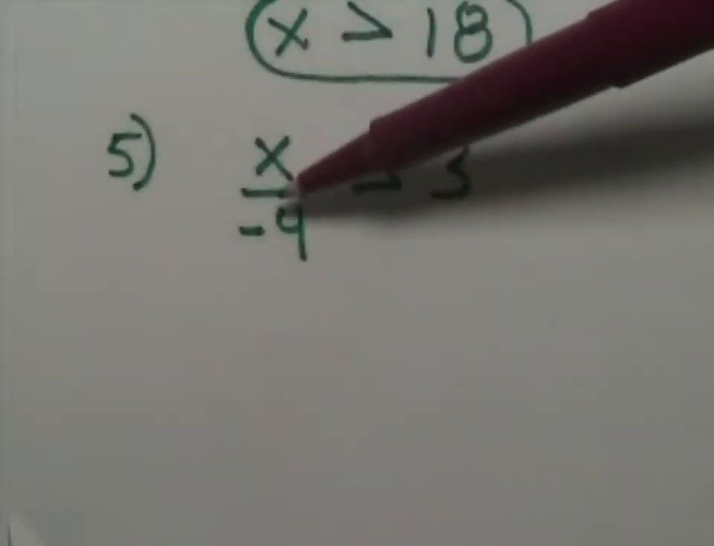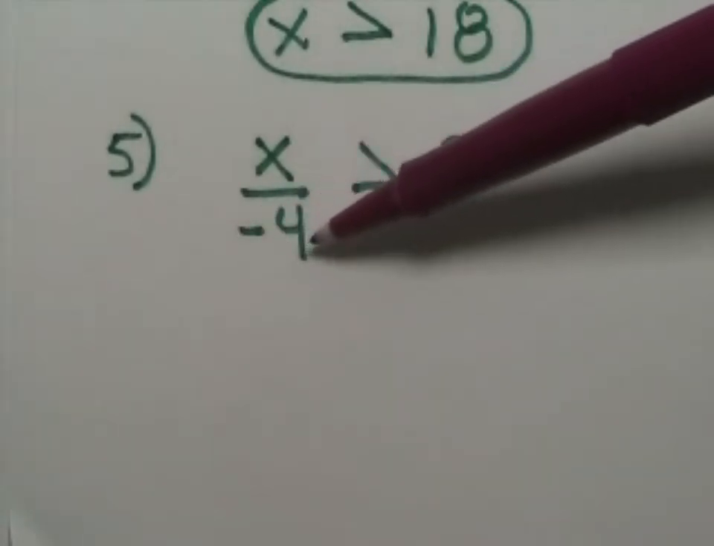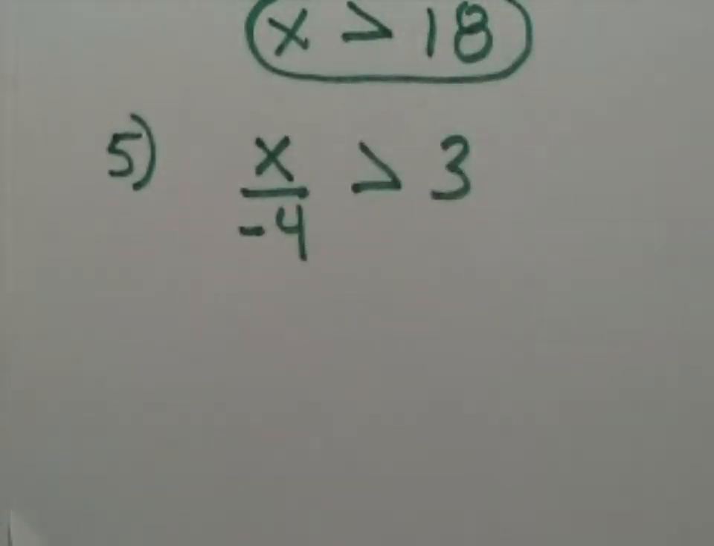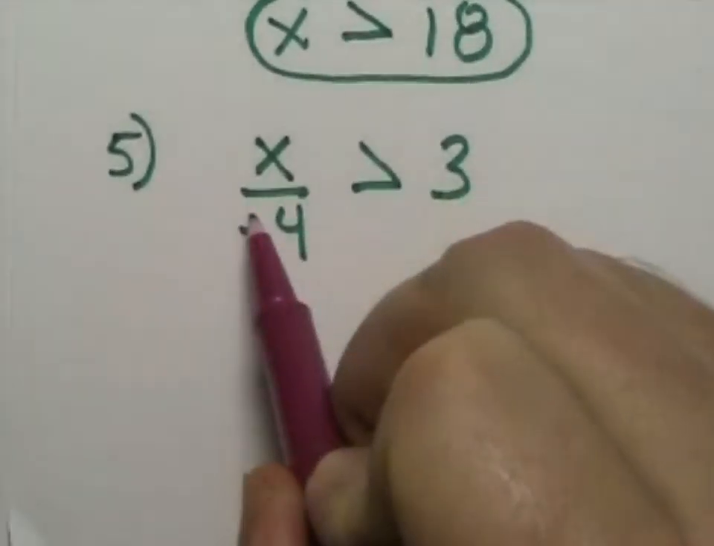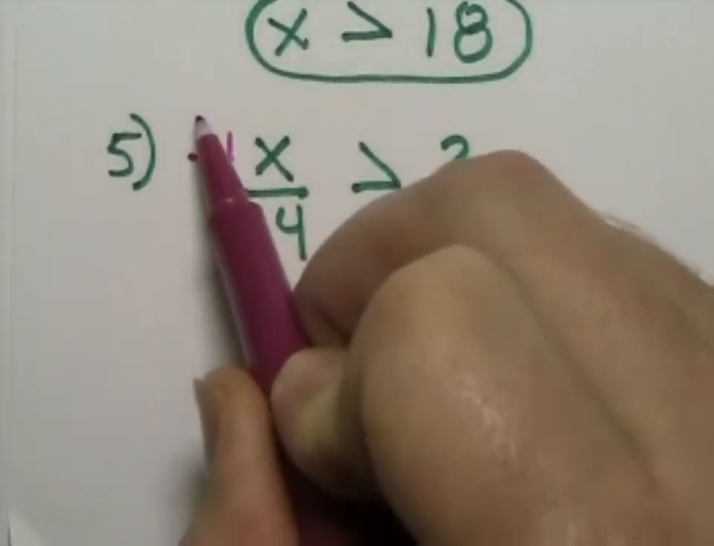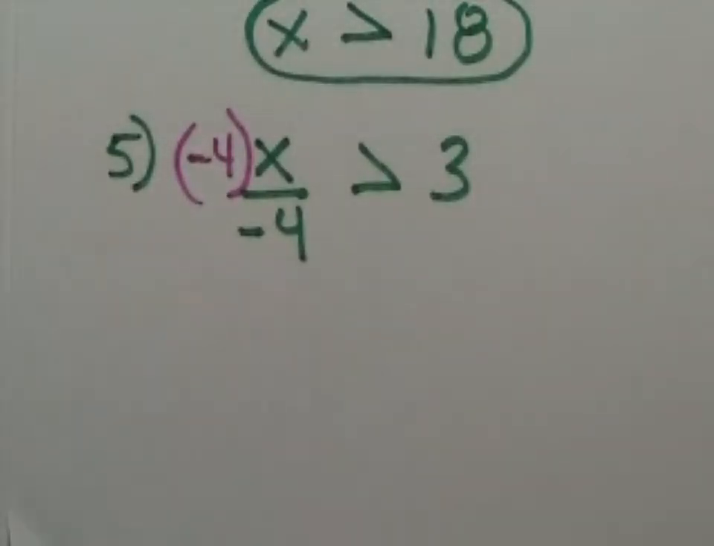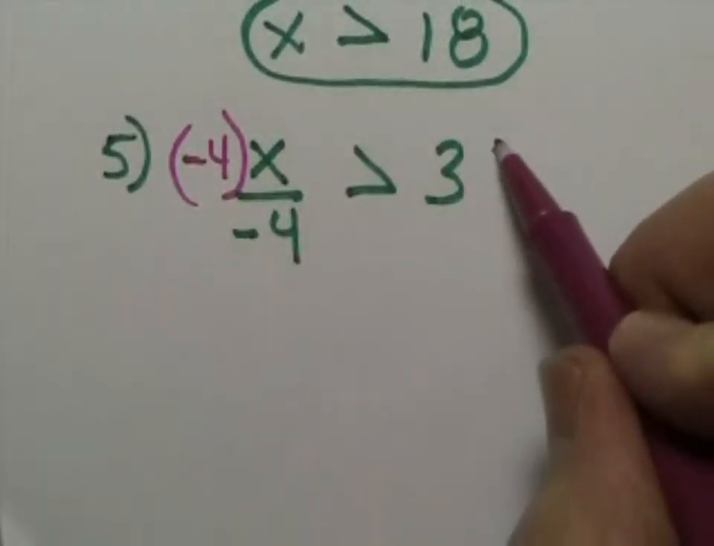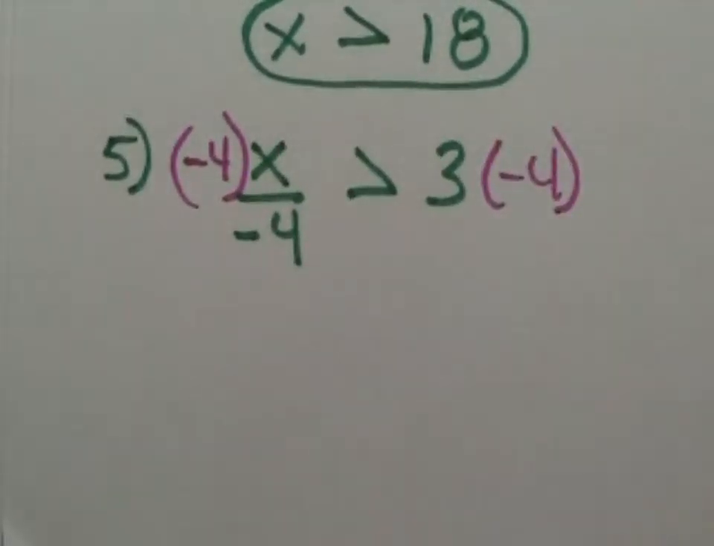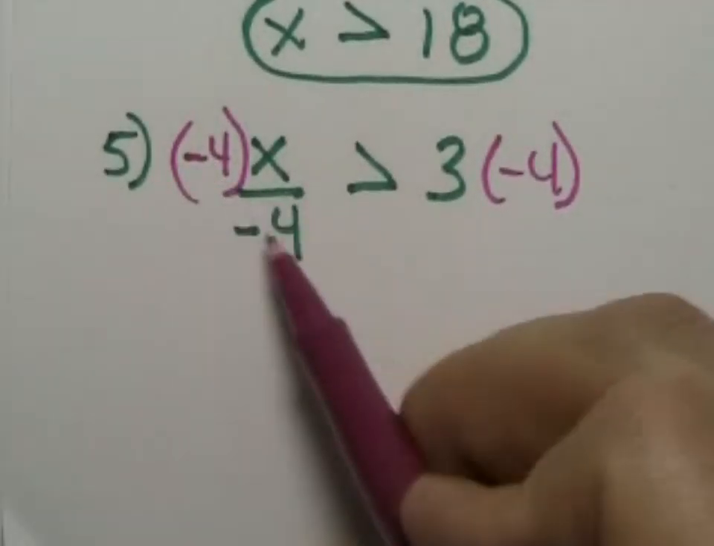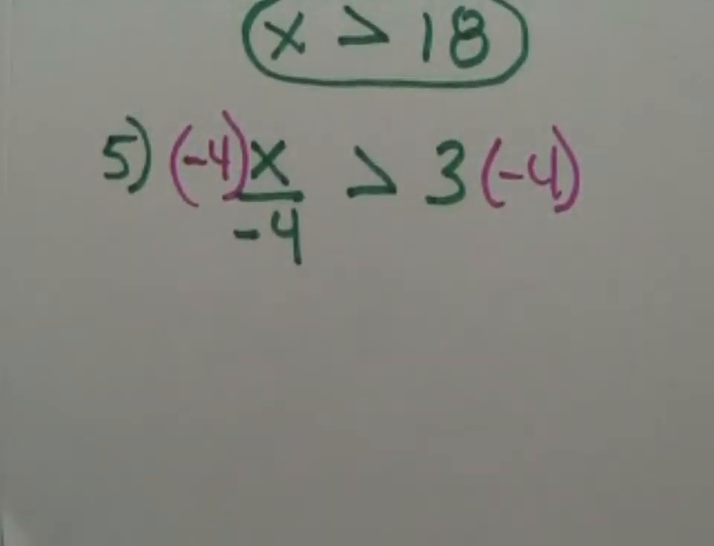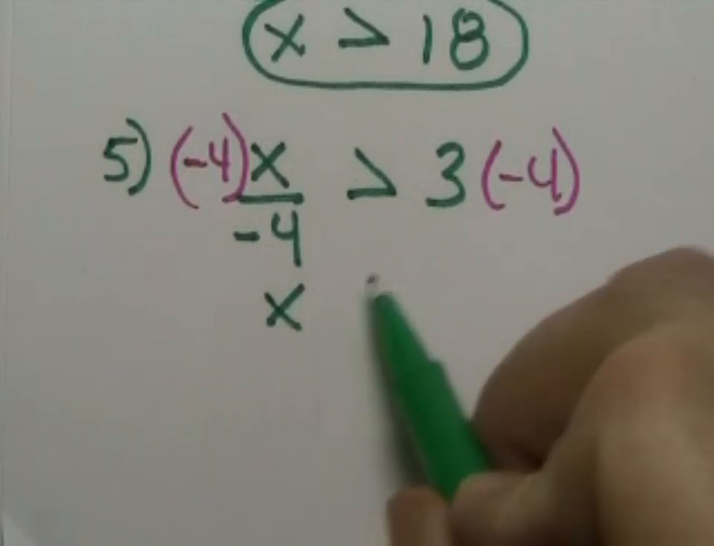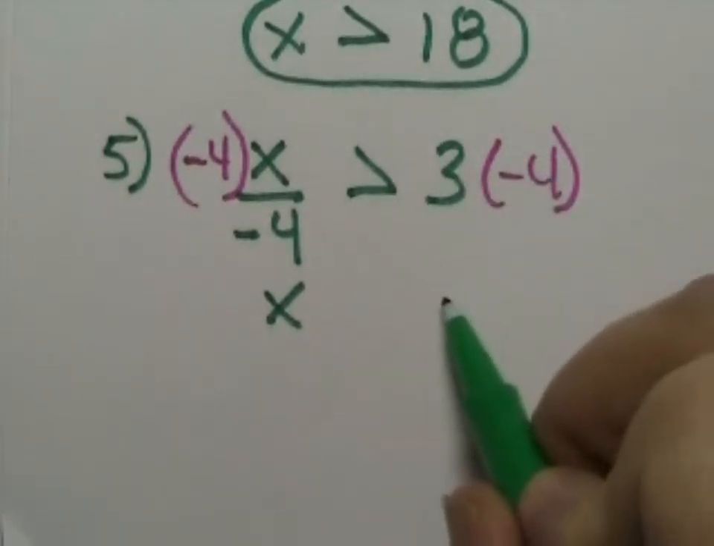Okay, on number 5, notice I'm dividing by -4. To get the variable alone, I would have to multiply by -4. See that? That's how it gets rid of that -4 down below. I have to do this to both sides, though. So this all cancels out, reduces to 1. You're left with the letter x. On the right side, 3 times -4 is